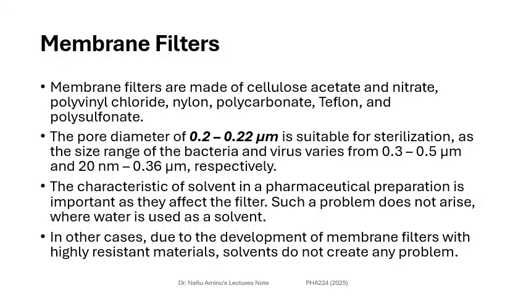So what these filters actually are made of: cellulose acetate and nitrates, okay, and polyvinyl chlorides, nylon, polycarbonate, Teflon, and polysulfonates. These are some of the substances or materials that are used to prepare the membranes that actually do the job. So the pore diameter of these membrane filters ranges from 0.2 micrometer to 0.02 micrometer. Okay, so usually they come within this size range and they are suitable for sterilization